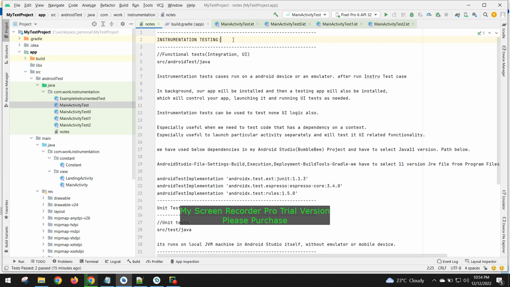In this video, we are going to see a sample program for instrumentation testing. Generally, we write instrumentation tests under the androidTest package folder. Instrumentation test cases generally run on an Android device or an emulator. After we run our instrumentation test cases,